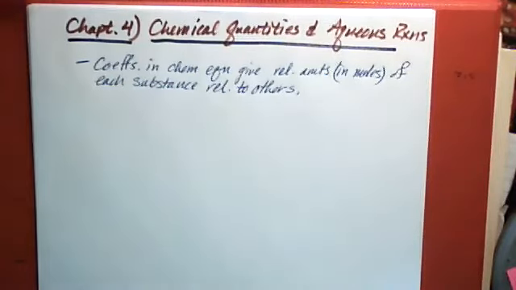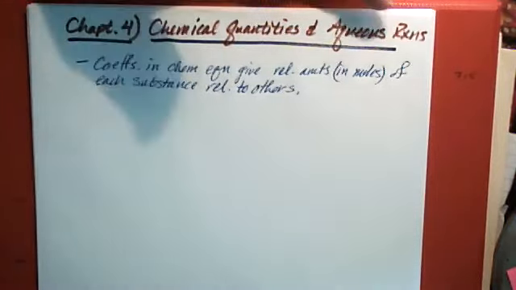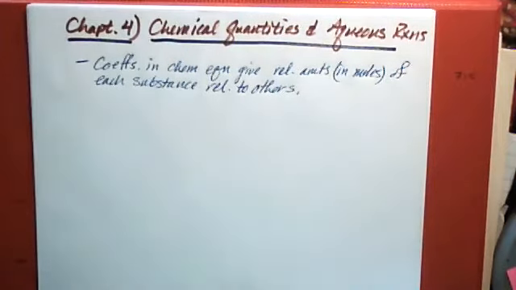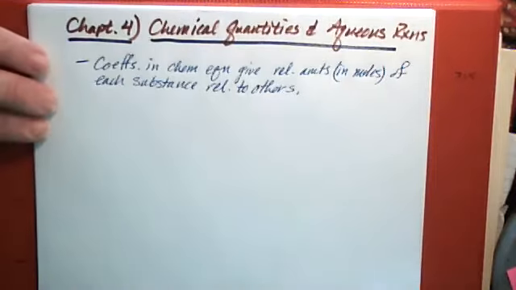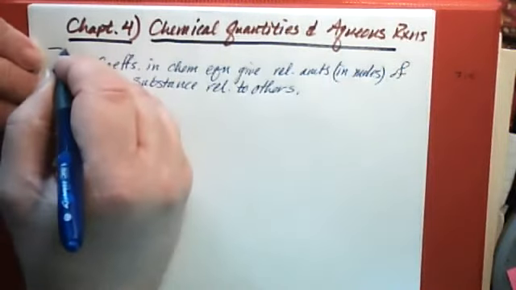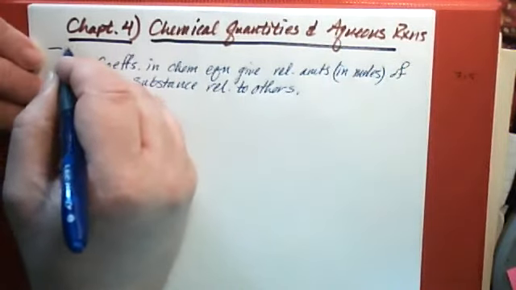Okay, so today we begin chapter 4. This material will be on the second exam, and chapter 4 is about chemical quantities and aqueous reactions. It's where we first really get into chemical reactions and actually doing stuff with them. Under the topic in the first section that we're going to be concerned about